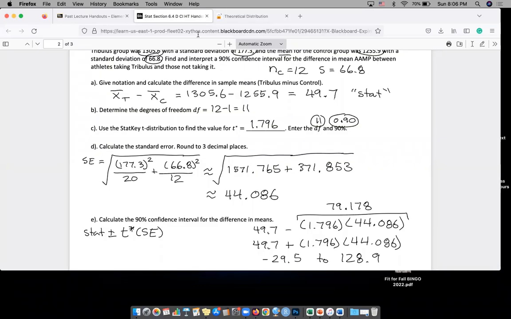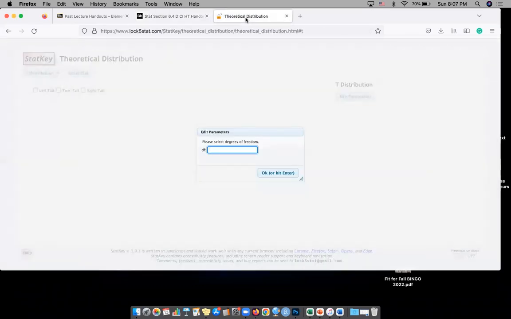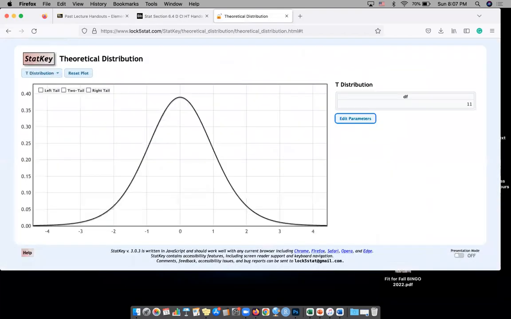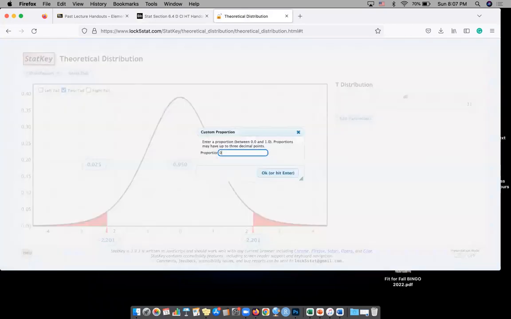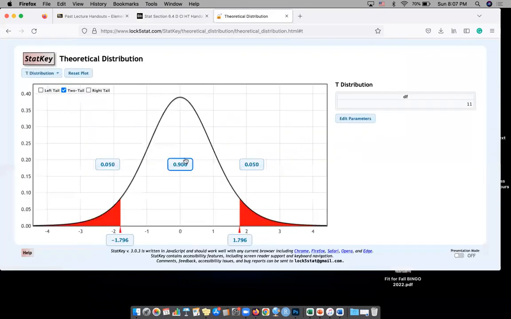Degree of freedom, I know I just said it. It was 11 because it's 12 minus 1 for the sample size. And then you need to turn on your two-tail to be able to adjust this. If you need a 95, that's what you need. But right now they want us to do a 90%. So we're going to put in 0.90. And then this is what we're going to use for our T star to get our confidence interval,